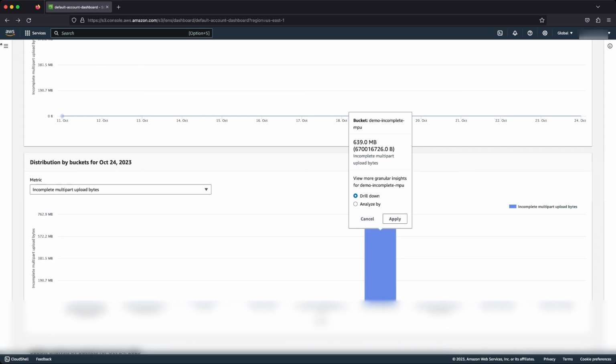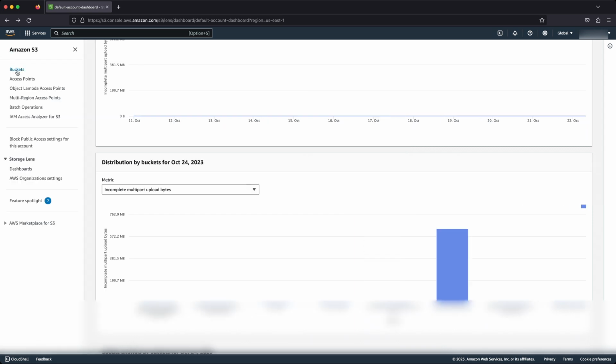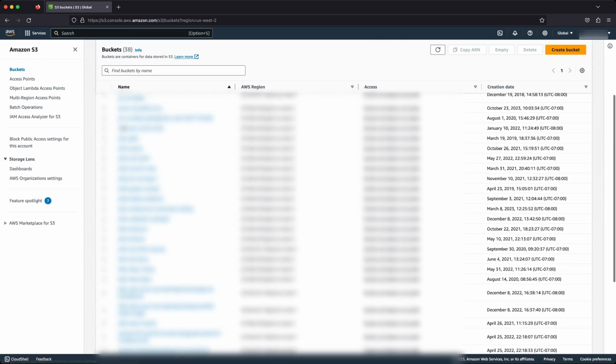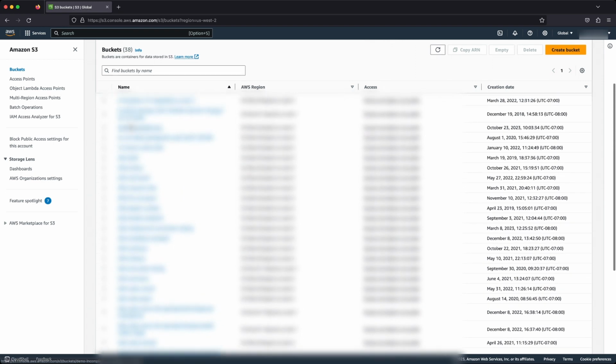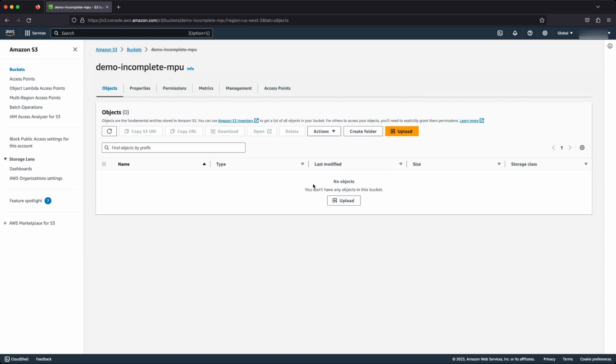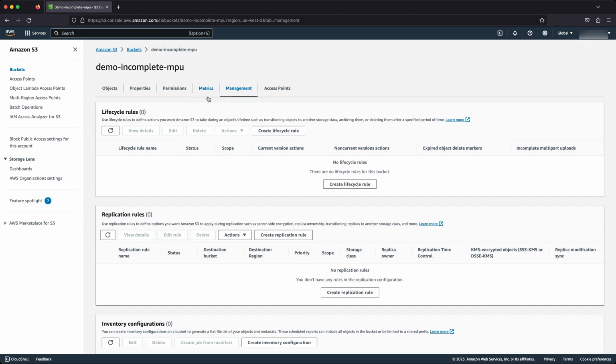What we're going to do now is go back to that hamburger menu. We're going to go to Buckets, and for me, I'm going to go to this demo bucket that I created. But you would want to select whatever bucket you found incomplete multi-part uploads in. Once we're in that bucket, now we can go to Management, and we're going to create a